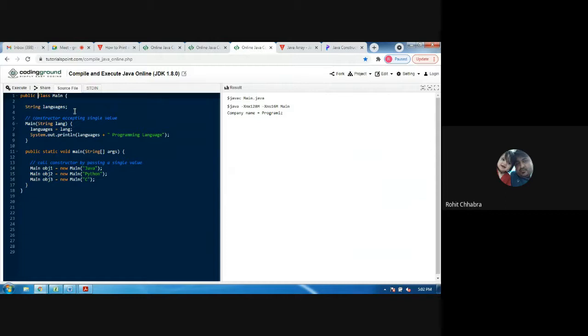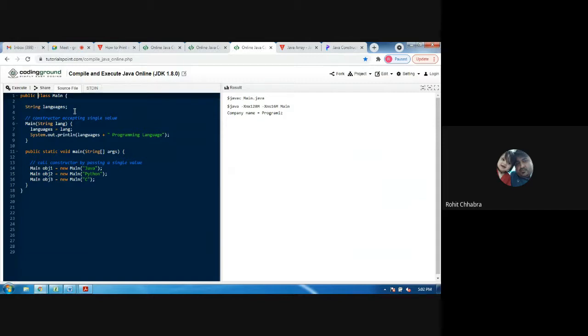Because the class name is Main, the constructor name will be Main only. Then we have passed a string type variable to the constructor. In this we have two statements: languages equals to lang, the variable in the class equals to the parameter. Then we print that variable value, and then we print the statement programming language.